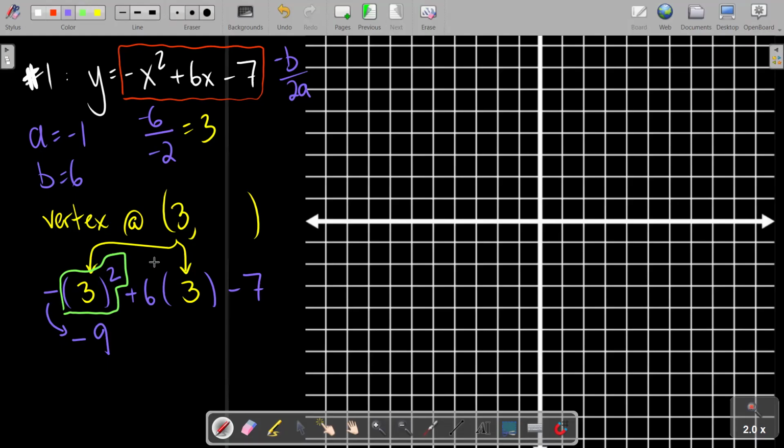And then the next part is, of course, 6 times 3 is 18. And then someone goes, holy smokes, 9 plus 18 is 27. And then they go, I can't fit this point on the graph, right? So, and then we'll complete the math. What's negative 9 plus 18? Positive 9 minus 7 is